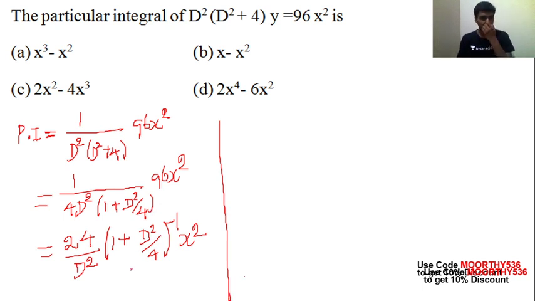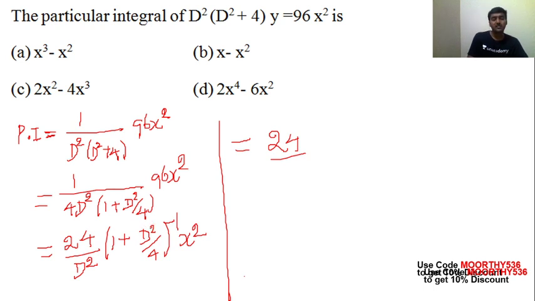Here we have to convert this formula. (1 plus x) the whole power minus 1, we know that, is 1 minus x plus x square minus x cube plus x power 4. Okay, then we are expanding continuously as per this discussion. 24 divided by, we have to stop this